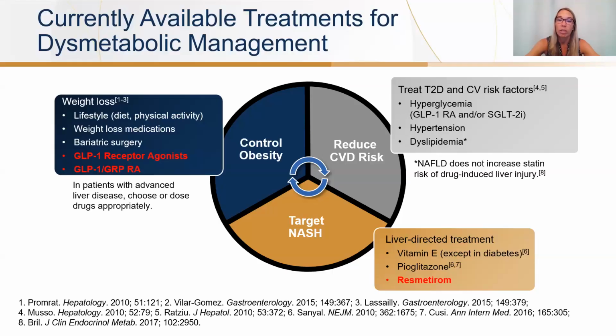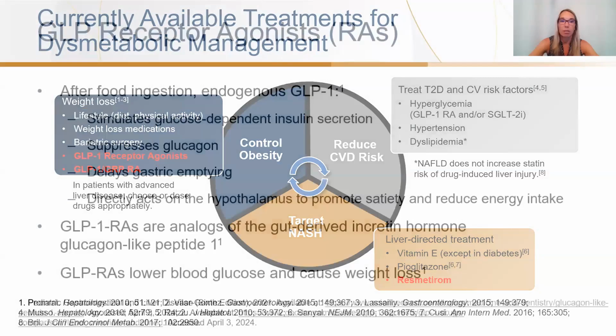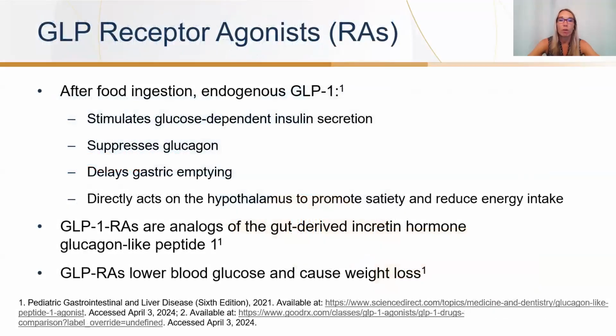And then obviously looking at how we can target MASH more directly, liver-targeted treatment. We're going to talk a little bit about vitamin E and pioglitazone, which came out of the PIVENS study. These are in our guidelines as possible options in certain patient populations. And then the first and currently only FDA-approved therapy for MASH, Resmetirom. We'll take you through some slides on that as well. So let's first of all go back to talking about these GLPs. So what's happening with GLP?